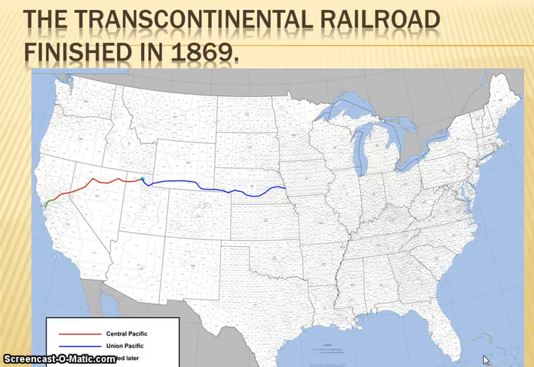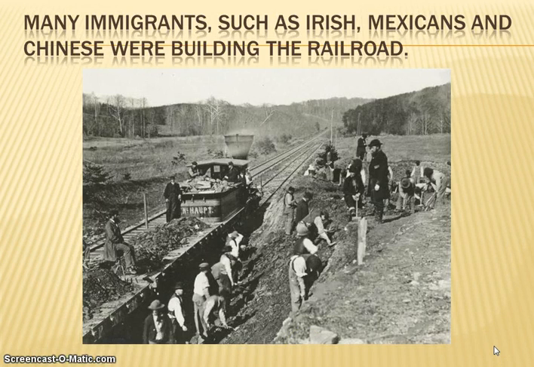The next thing that happened is in 1869, we have the completion of the Transcontinental Railroad. You had the Central Pacific that was moving from San Francisco into Utah, and then the Union Pacific, which was coming from the middle of the country towards Utah, and they ultimately met in the middle. You had lots of immigrants that actually worked this time period as well. The Irish were working on the Union Pacific side, and the Mexicans and the Chinese were building the Central Pacific